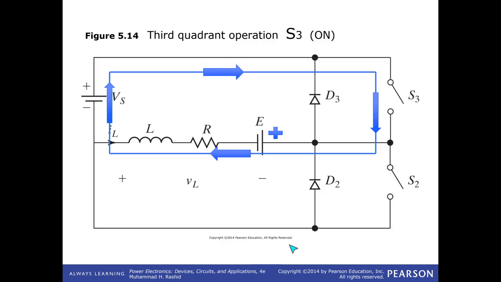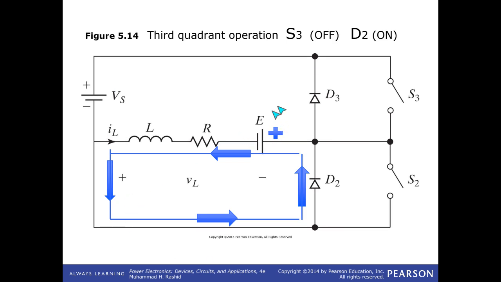For example, the third quadrant operation they described, Mohammed made it simple. That is not the actual case, however. You can see that there is a switch here, and as long as you switch that one on, the voltage is actually not like this, the voltage is covering all of them. But that's not wrong. This picture is not wrong. Third quadrant operation, you are putting the S3 on, and the current is flowing like this, and then